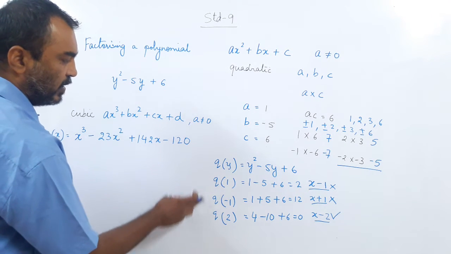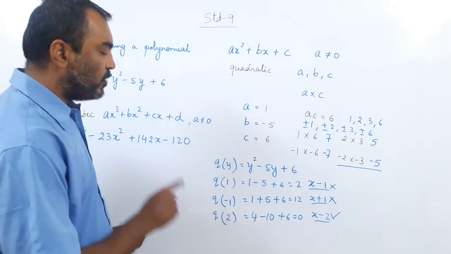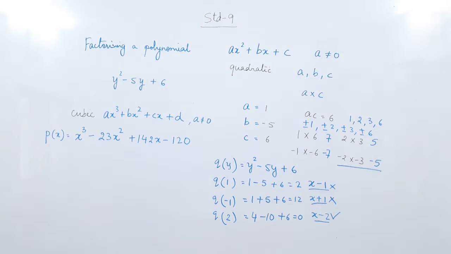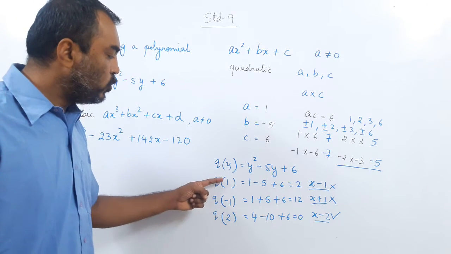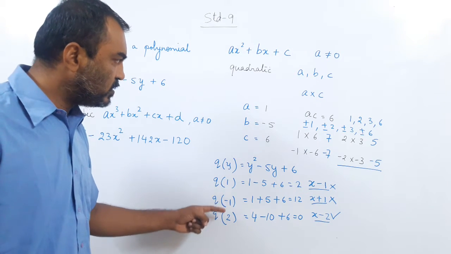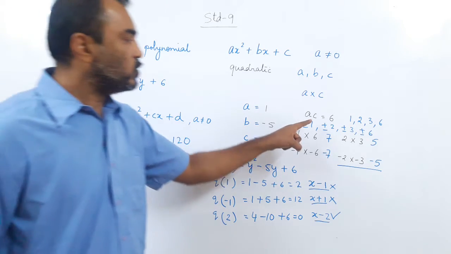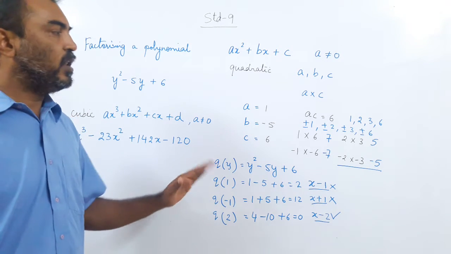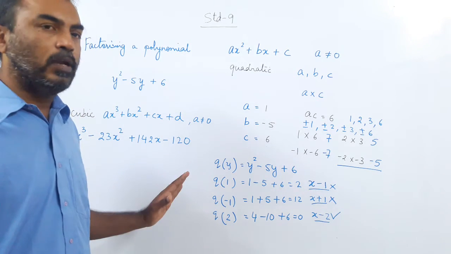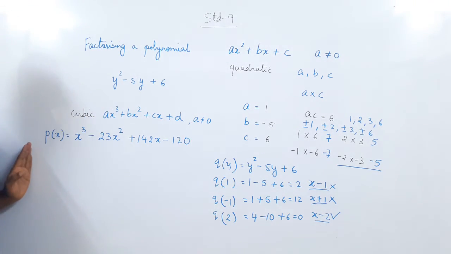So this is something I did here. But what I did is use the trial and error method again. I hope you can see the board fully. Yes, you can see the board fully. In the trial and error method I have put numbers here, but how did I choose these numbers? For choosing these numbers, I took a into c. A into c is 1 into 6, 6. So I only choose the numbers which are factors of 6. If this does not work, we will have to go into fractions, but basically we do not need to do that. So I am going to use the same analogy for this one also.